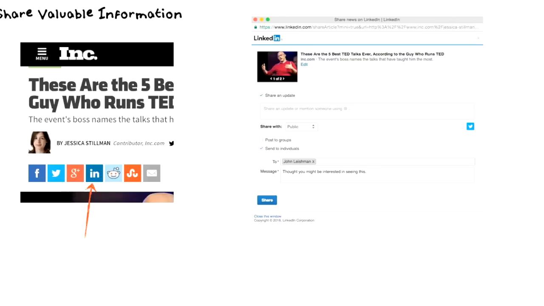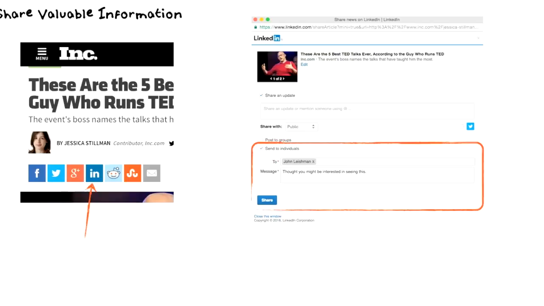So there's kind of 3 ways that you can share information. You can share as an update that goes into your feed, and you can share it publicly, or you can share it publicly and with a Twitter feed. You can post it to different groups that you're part of, or the last option is actually send it to individuals. So one of the things you could do is go into send to individuals, and you can put a little message in there and send that off to an individual or numerous individuals that you